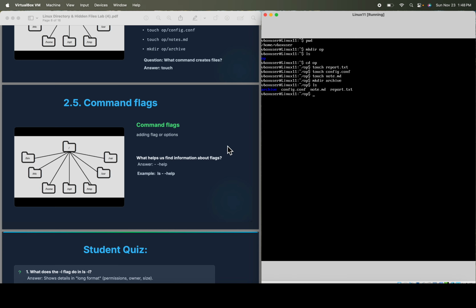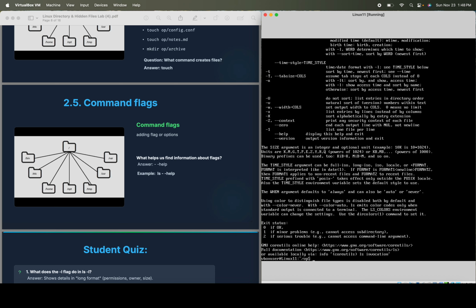Command flags will need to be covered in another video, but let's just dive into it while we're in here already. So we're using the ls command as an example, and I need to find additional information on what is used with the ls command. So I do ls space --help,